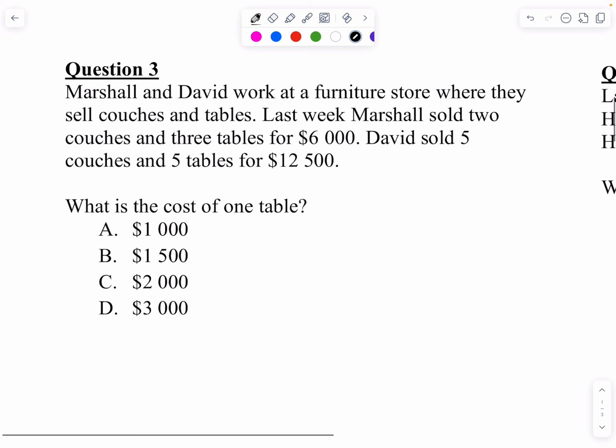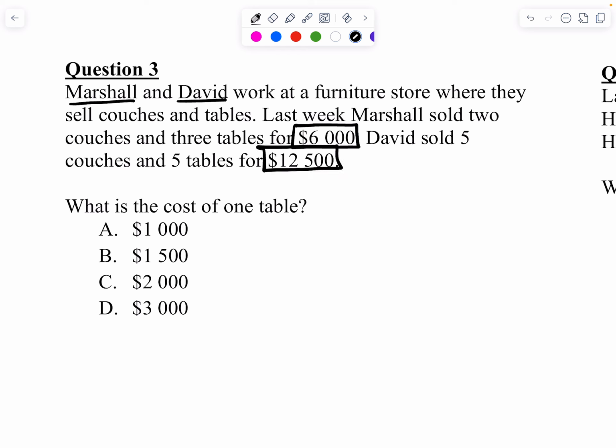Now, question number 3, Marshall and David work at a furniture store where they sell couches and tables. Last week, Marshall sold 2 couches and 3 tables for $6,000. David sold 5 couches and 5 tables for $12,500. So what am I comparing? Well, I'm comparing Marshall and David. What are my totals? $6,000